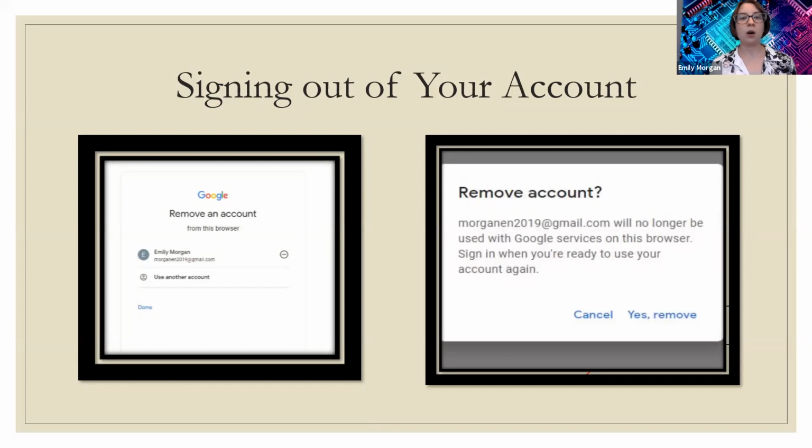Now, removing your account does not delete it. Removing your account just removes your information from the browser you were currently using. It doesn't delete anything. It doesn't get rid of your account. Your account will still be accessible, just no longer on the computer you were currently sitting at if you're not at home. So then we hit yes, remove,